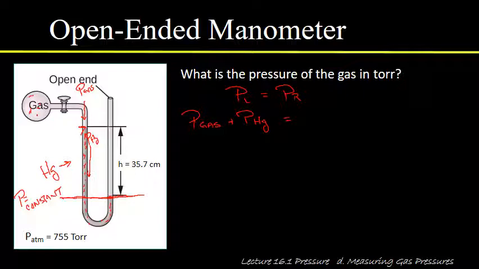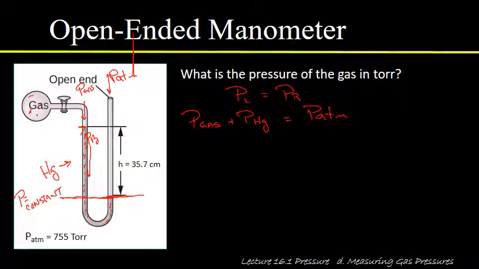And on the right, there's no mercury here, right? Because we're looking at this line right here. The only thing pushing down on the right-hand side is atmospheric pressure, because this tube is open to the atmosphere. Okay, so on the right-hand side, we have atmospheric pressure. So this tells us that the pressure of the gas plus the pressure of the mercury is equal to the pressure